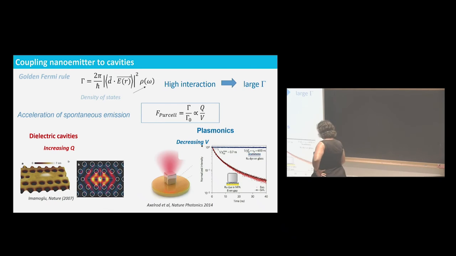You have other strategies for which you can use plasmonics. You have losses, so the Q is not so good, but the volumes are very small. We are discussing volumes which are 10 nanometers or less to the third. So this has been done in a lot of realizations, and I present here, for example, these realizations with a silver cube on a gold surface, and here they put a very thin layer of emitters and showed that the spontaneous emission is accelerated by a large factor.